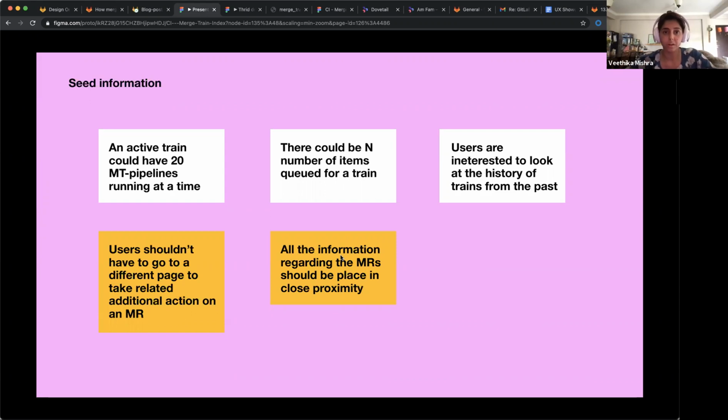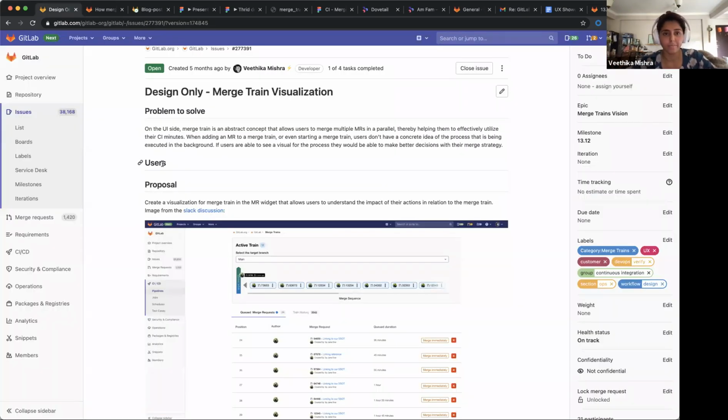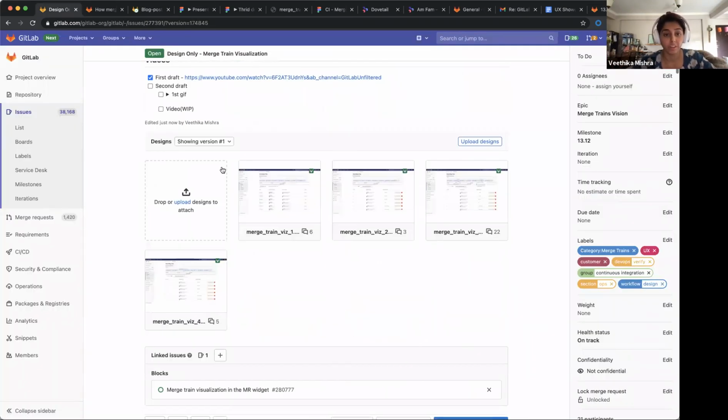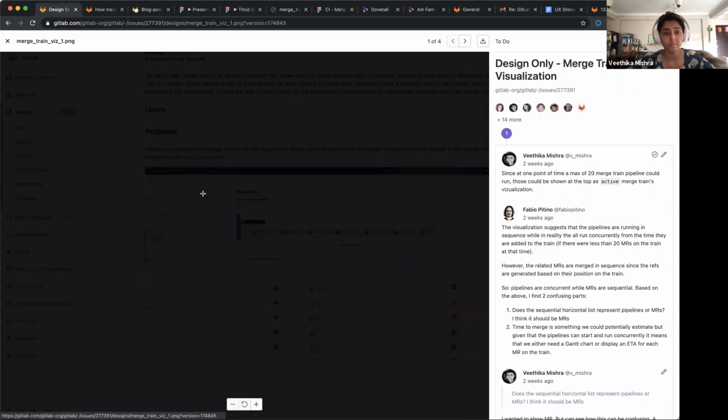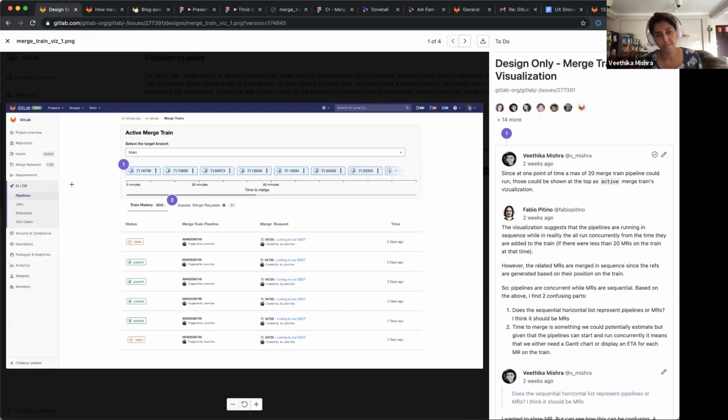And they could take better and more confident decisions based on that. All right. So let's have a look, with all of this information, at what it was that I really did. So here's the very first draft of the design, and you can see that I started off with putting a